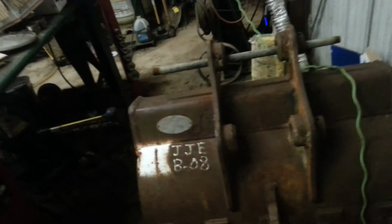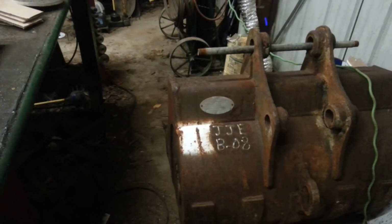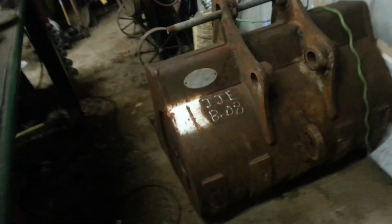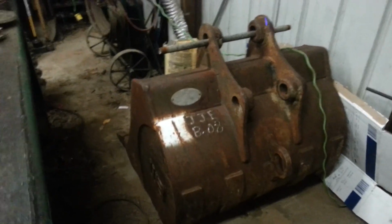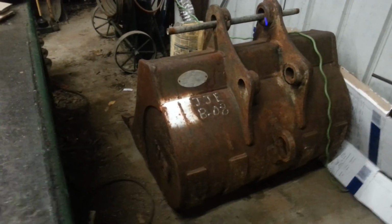But I guess I wanted to do that because I don't use it, and I wouldn't have to do bushings and that whole setup, kind of lazy. But I'm having a hard time, even though it's a little damaged on the bottom, it's still a 3-foot bucket, and there's nothing wrong with it. So I think I've scrapped the idea of cutting the bottom out of that and integrating a mower off the bottom and back of it. So I just created myself some more work. But anywho,